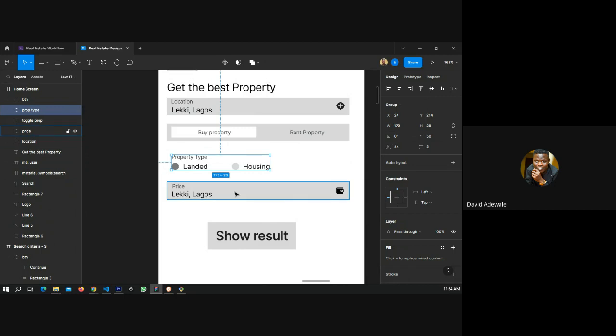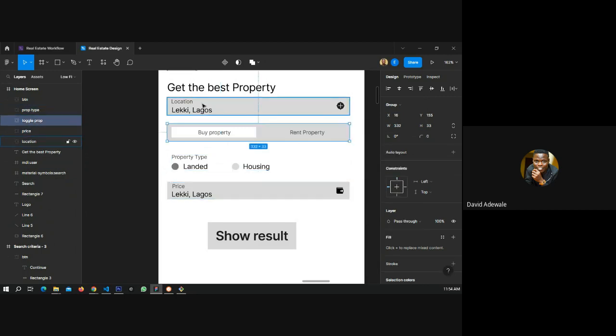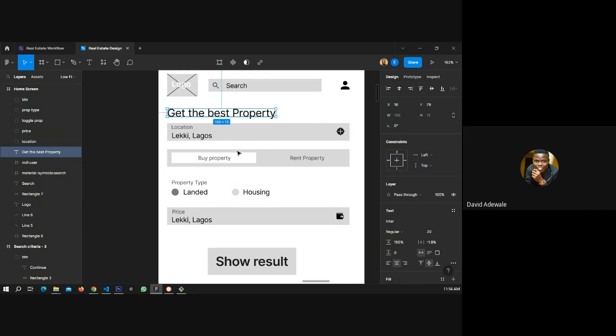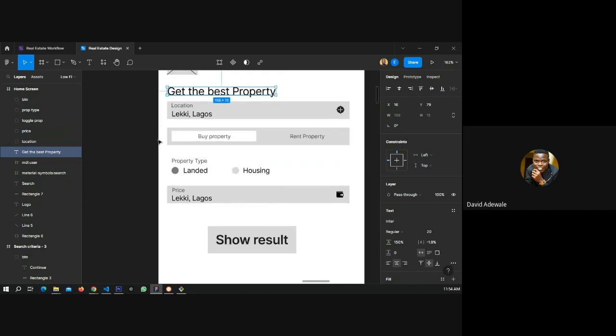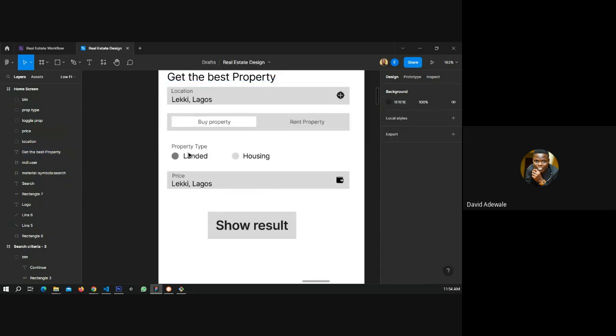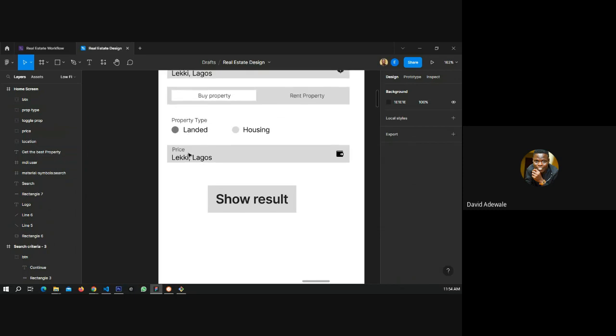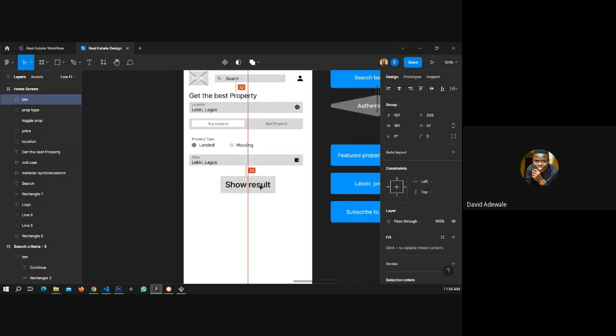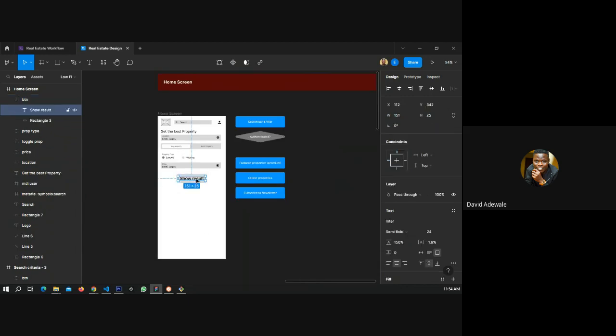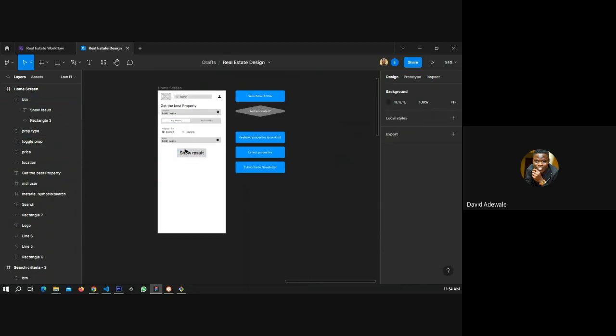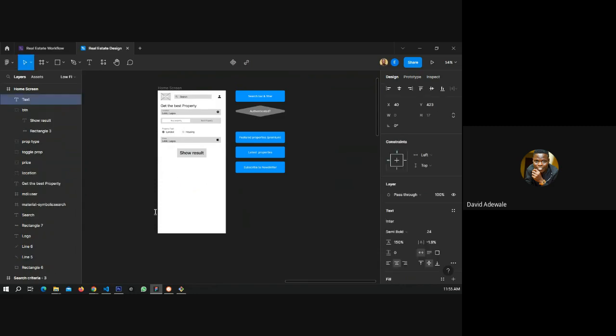Okay. Yeah, I think it's okay like this. So show result. Even if you are bigger than this, I don't care. You are not in for designing like that. So I just need to tidy up things.